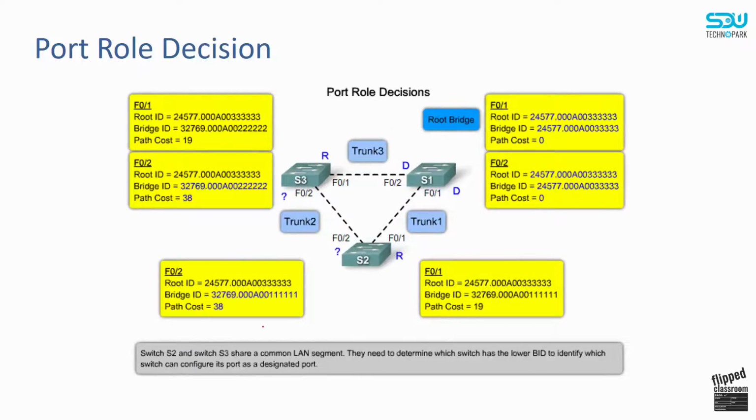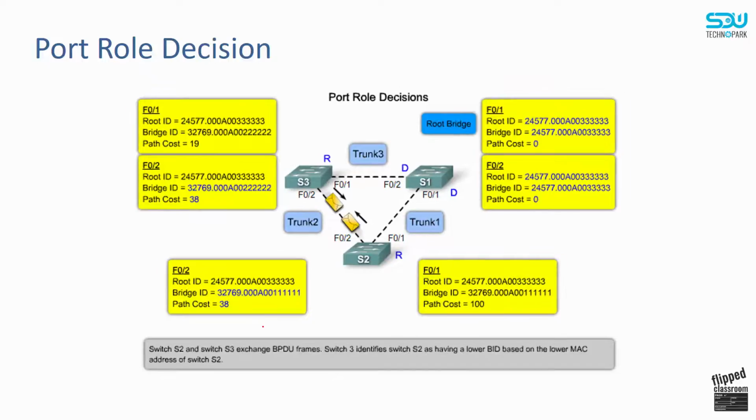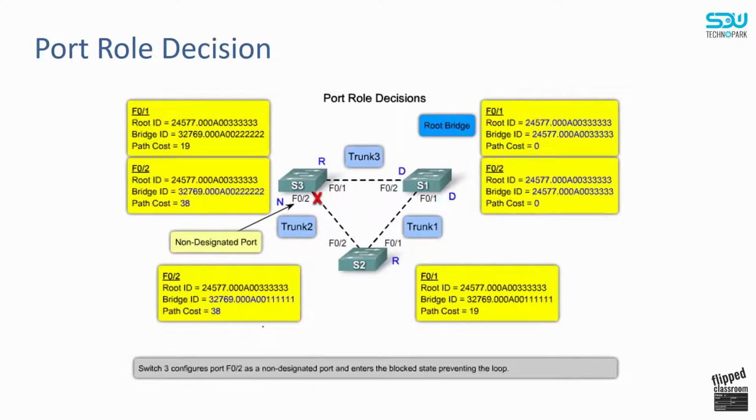And afterward we have a question: who will become a blocking port, switch 2's or switch 3's port FA02? They exchange BPDUs, and inside their BPDUs they have the priority of the ports and also the MAC addresses. From here we find out that switch 3's port FA02 is becoming the non-designated port, or the blocking port,